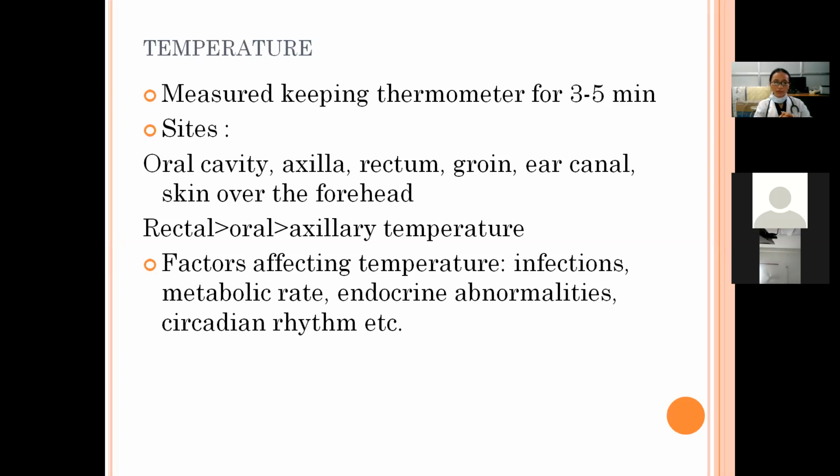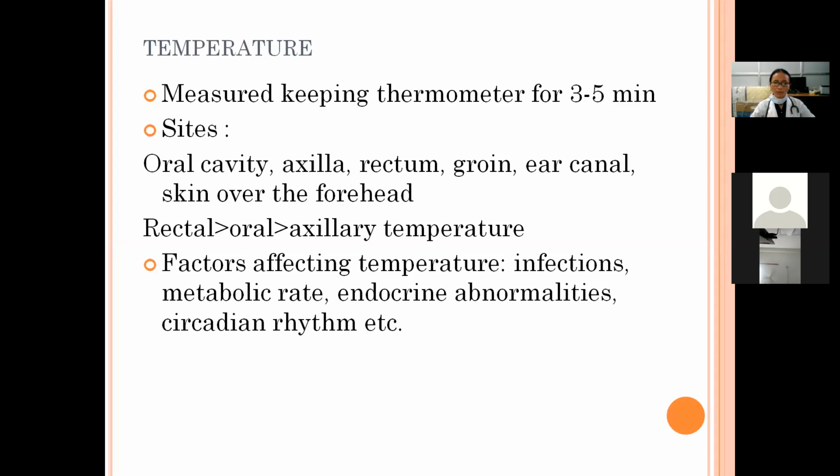Normally, the rectal temperature is more than the oral temperature by 1 degree Celsius, and the oral cavity temperature is more than the axillary temperature by more than 1 degree Celsius. Factors affecting temperature are, as all of us know, infections. Infections can lead to fever, which will cause an increase in temperature, or infection leading to shock, which can lead to